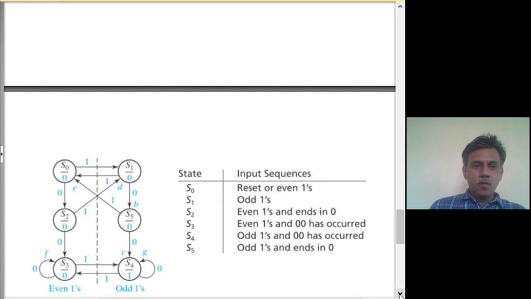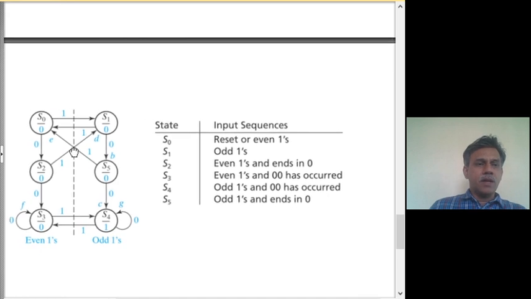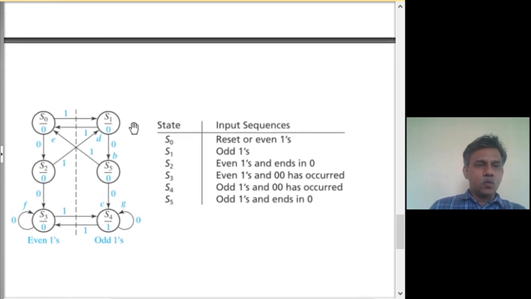So now what we have done is we have also included this branch and this branch. Of course, we have not yet put in the self loops and all these things. We will see how these come. Okay. So at this point, S0, S1, S2, S3, S4, S5 are there, but many of these transitions are not yet handled.